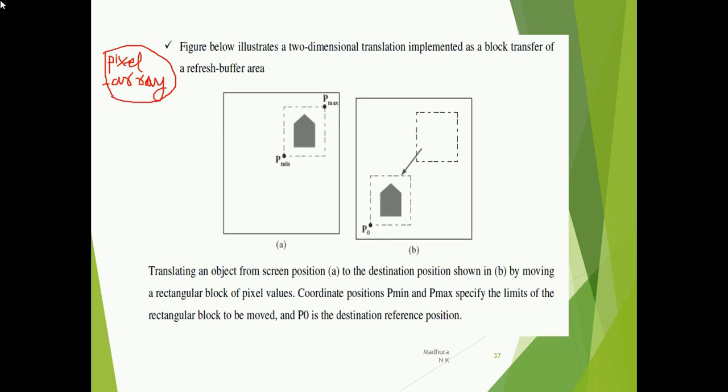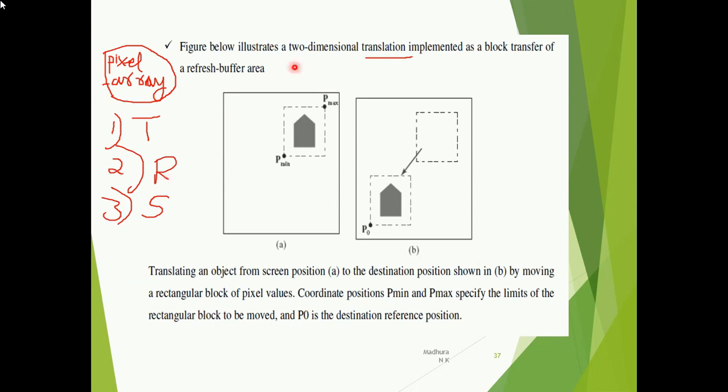So now the first transformation function we have is translation. Next we have rotation. Then we have scaling. So let us see how we can apply this raster kind of method for doing all these transformations. First let us discuss translation. You have a figure here, a two-dimensional figure, and you're going to do the block transfer of pixel information. Okay, so let us see how we do the translation function here.